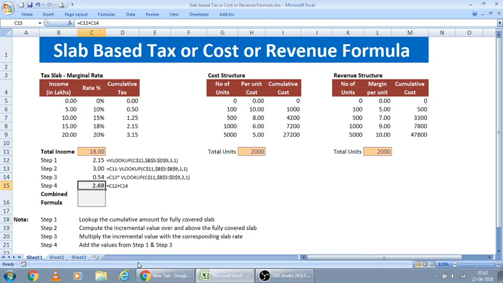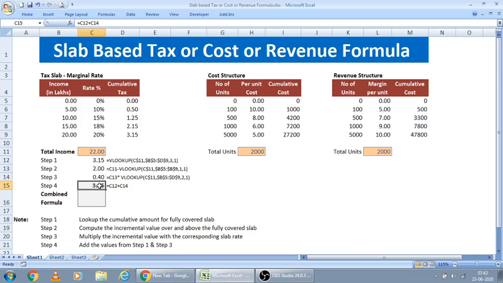Now we have to add values from step 1 and step 3, so that we will get the consolidated or cumulative total income tax you have to pay on the total income you have input here. Let us see if we put more than the highest value here. Here I am putting some 22 lakhs. In this case, for 20 lakhs, the cumulative value is 3.15 that I am bringing here. Over and above this, 22 lakhs additionally is there. For 2 lakhs, 20% has to be computed, so that is 40,000. I am just adding these two.